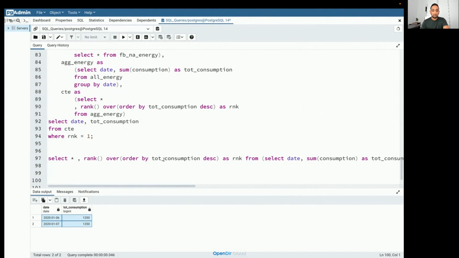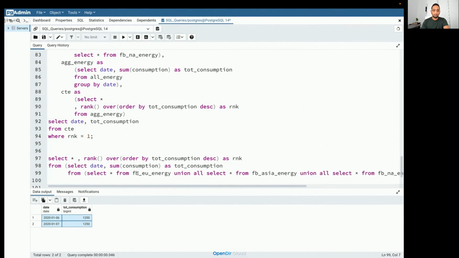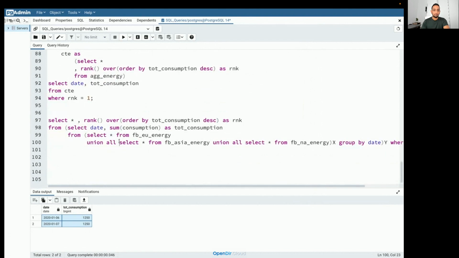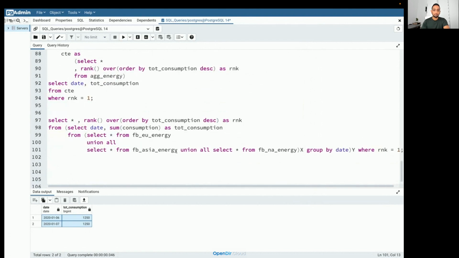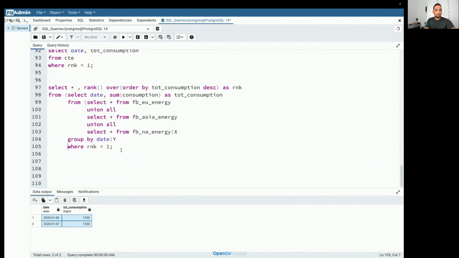So you are using select this one from here, from, okay. So Shiva has given this query.